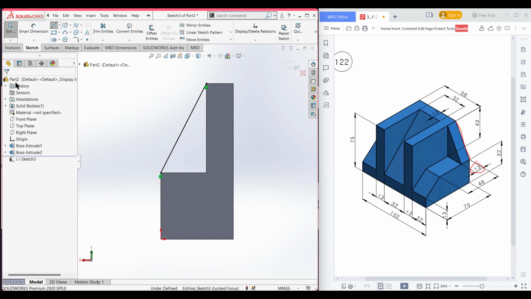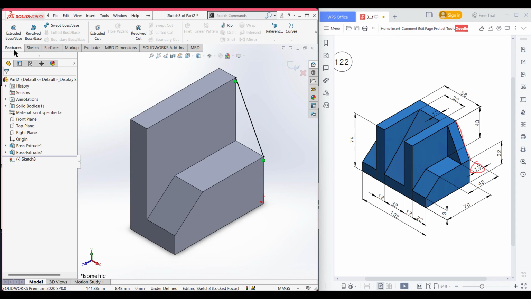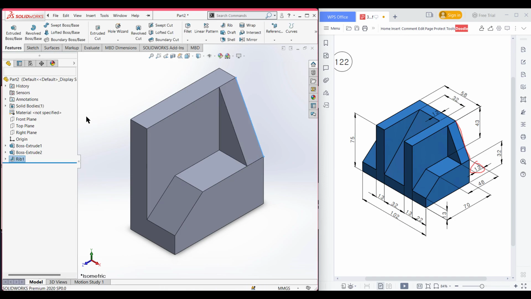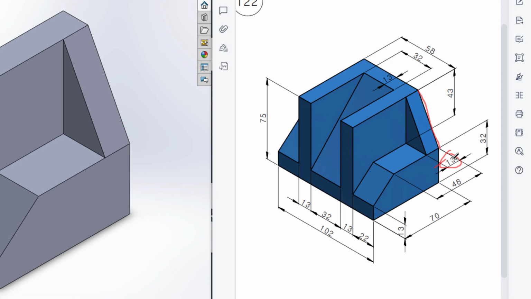Now press OK. Now isometric it for a better view. Now go to features and now select the rib option and now select this one and here we will give the dimension 13 unit. Now press OK. Now we can see our rib has been completely done. Now in the next part I will draw